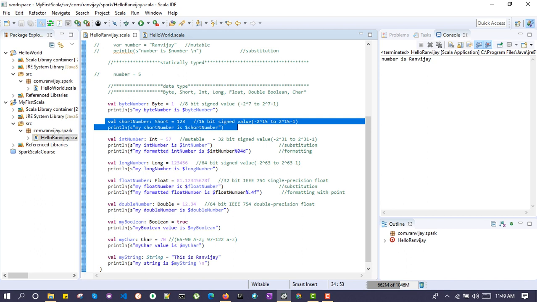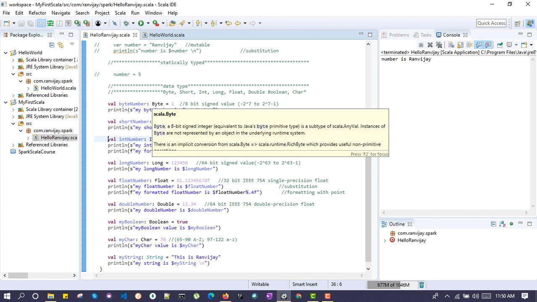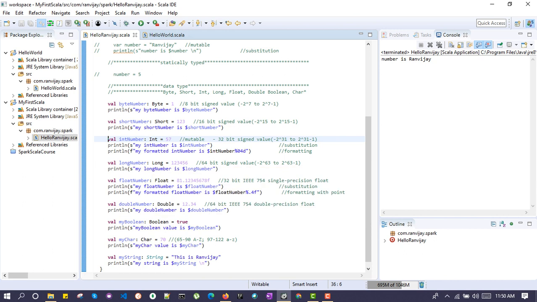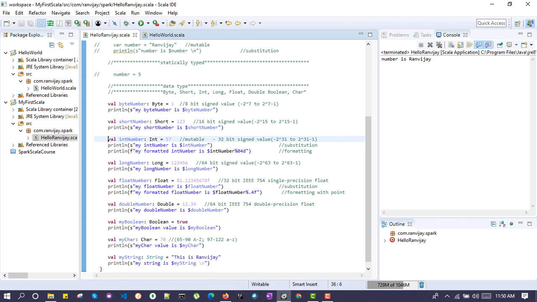My short number is dollar short number, and this is the substitution we have applied with the keyword s. Another thing is integer. So make sure all these are in capital letters: Byte, Short, Int, Long, Float, Boolean, Char, String. All these are in capital letter first keyword.